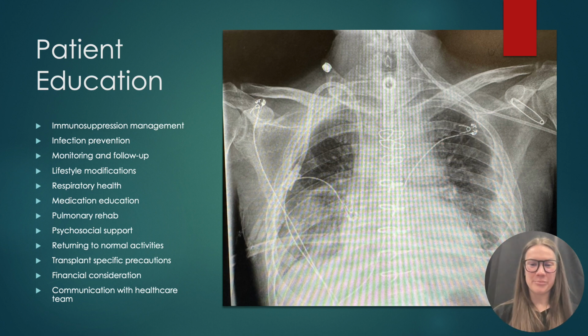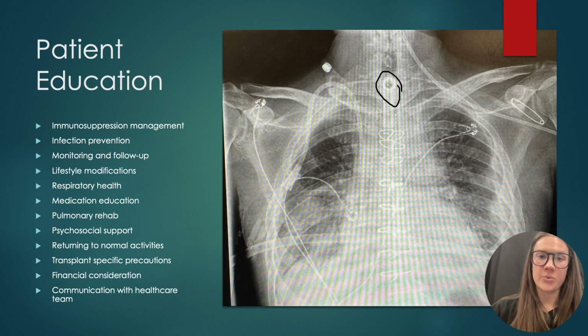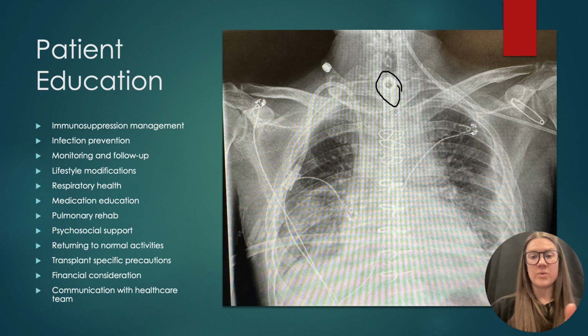Again, here is another beautiful x-ray of our patient, and this is post-extubation. Here we go. I'm going to draw again. As you can see, this right here, we were unable to get him off the ventilator for quite some time, so he did require a tracheostomy. So we are working currently with speech-language pathology and a Passy-Muir valve to get him to speak, to swallow, and hopefully week by week, we can exchange the trach tube. It'll get smaller, eventually close that up, and he'll be able to go back to his normal life.